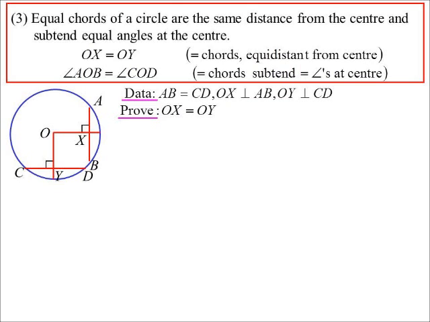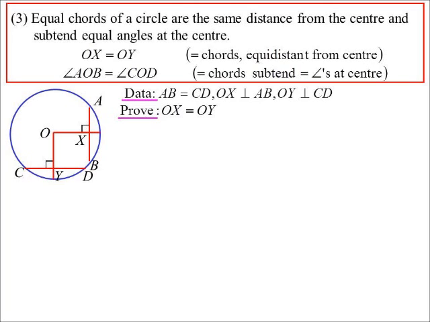So the distance of the chord AB from the centre is equal to the distance of the chord CD from the centre. And remember, whenever we're talking about distances of a point to a line, we're talking about perpendicular distances. Okay? So the information that I know is that AB is equal to CD,